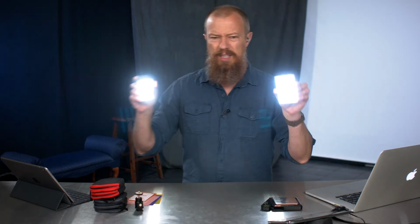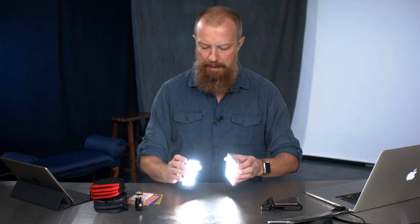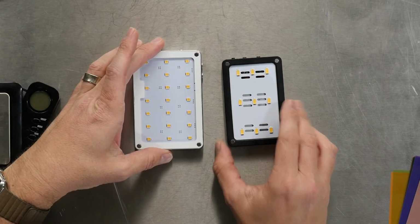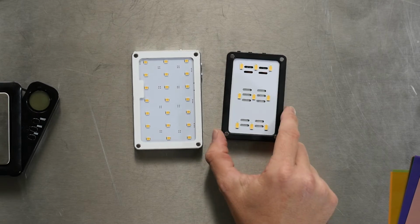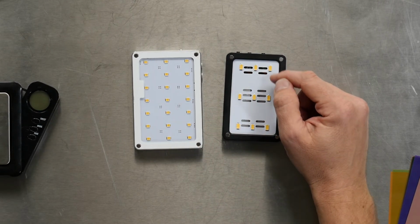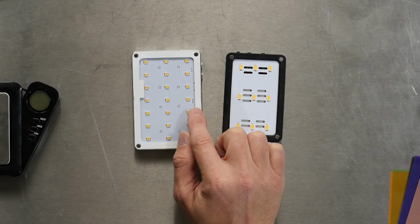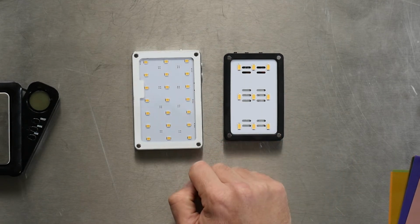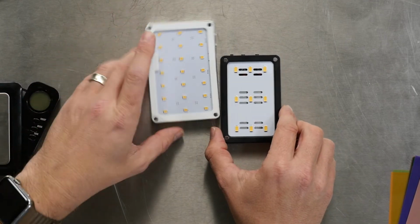Looking at these, you probably can't tell there, but to me, the Aputure absolutely seems brighter. In my mind, there's no question. But here's how funny these little fickle things can be. Remember how I pointed out that the Aputure has fewer LEDs? It turns out that these fewer LEDs are actually larger. They're probably twice the real estate of the little ones on the Sokani. But these individual LEDs are significantly brighter, to the point where these two lights put out a virtually identical amount